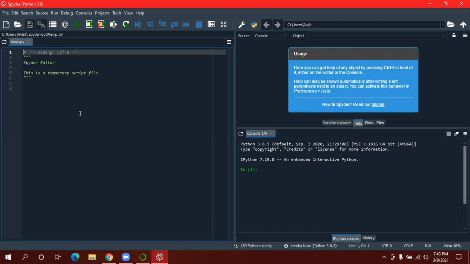Suppose you want to use Java, you can install the complete Java setup and use VS Code as the text editor for it, as well as for Python and some other languages. More precisely, I can say that VS Code provides good results if you are using Django. If you are using some advanced framework like Django, try to use VS Code or Sublime Text. These two text editors are very good for it.